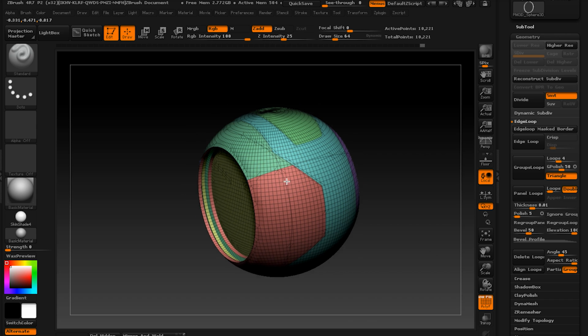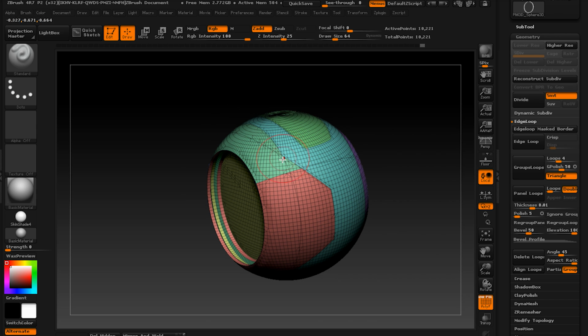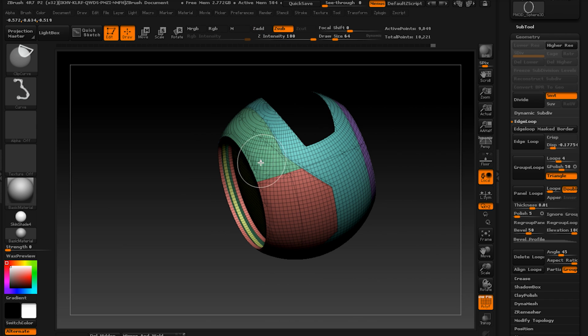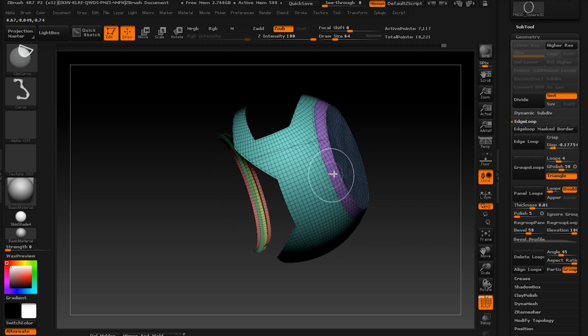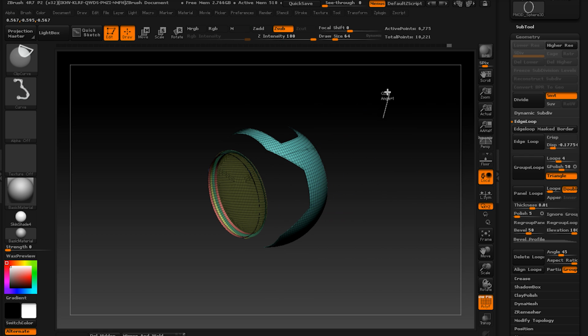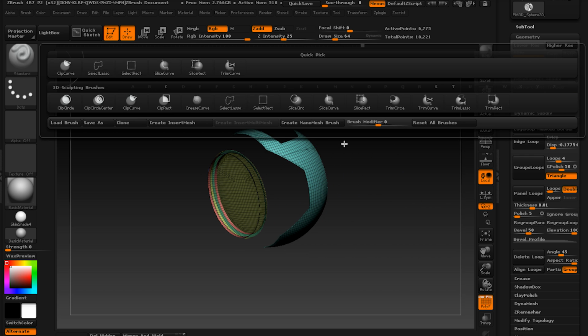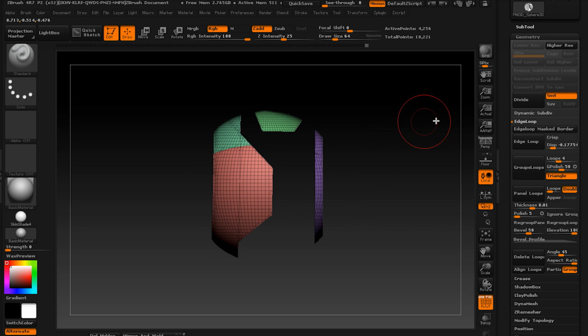We'll be using panel loops now. So let's select all these polygroups that we want to make panels of. Reverse the selection, only make those guys visible. Okay, so in panel loops we have several options. We should